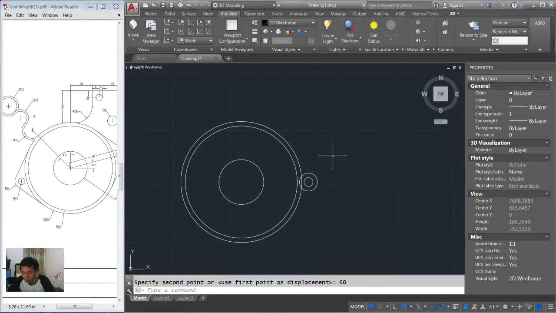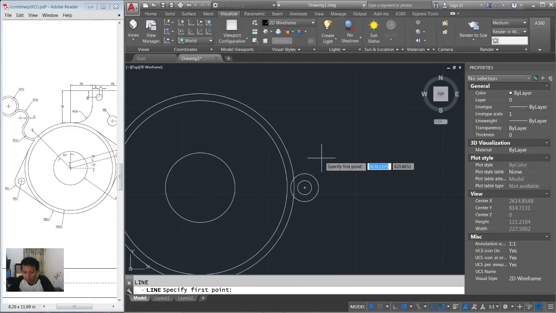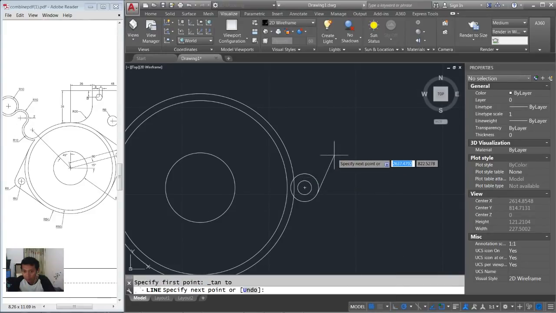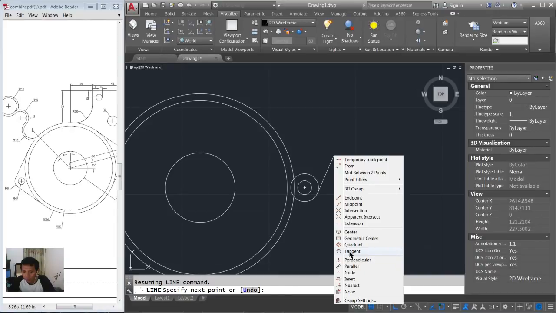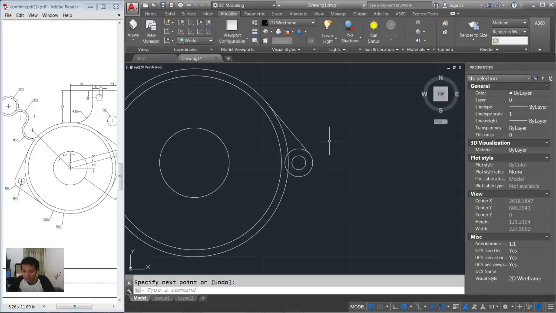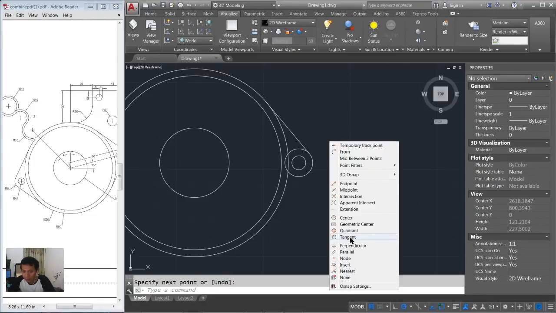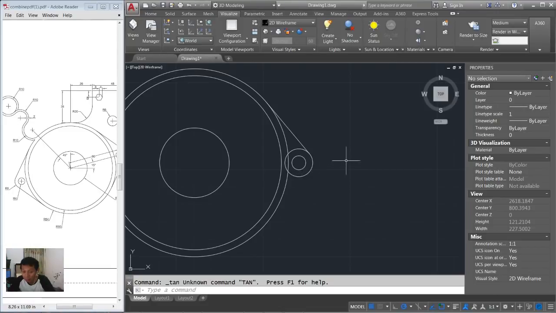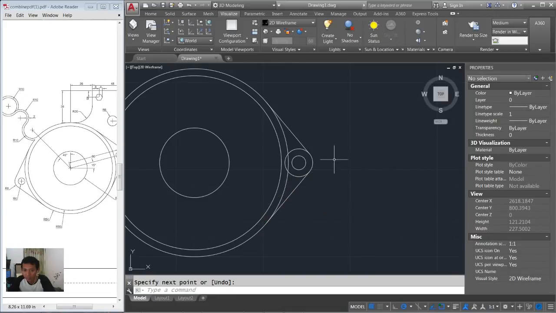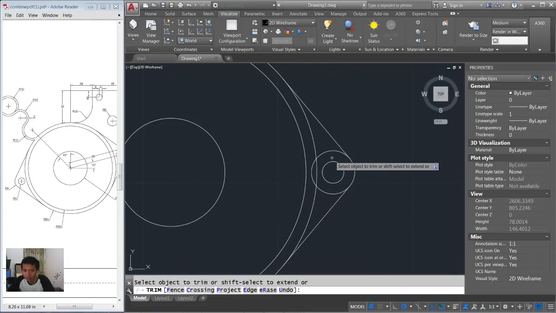Next we use the line command. Press the shift button, right click and choose tangent. Click this circle and choose tangent again, click these circles, and press enter to finish. Use the line command first, press shift, right click, tangent. Click this circle and press shift again, right click and choose tangent. Click at these circles. Next we trim in here,